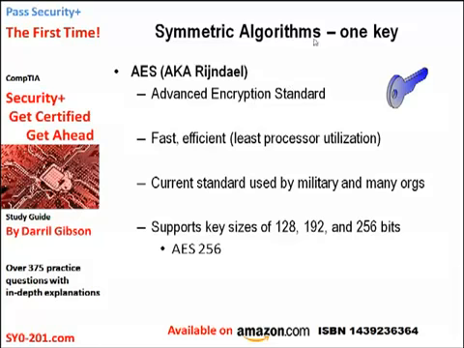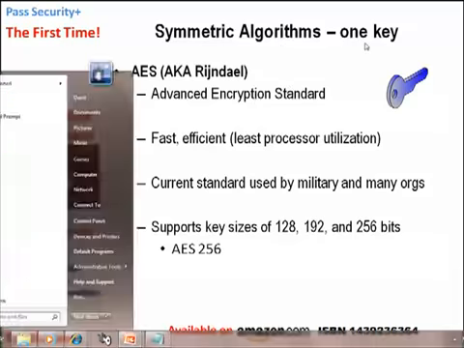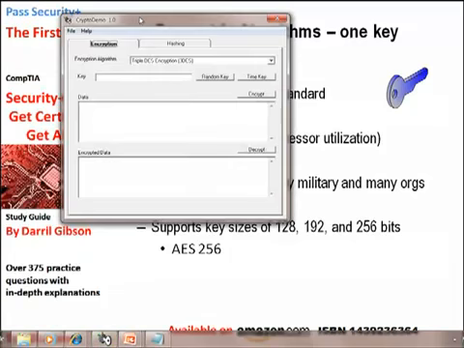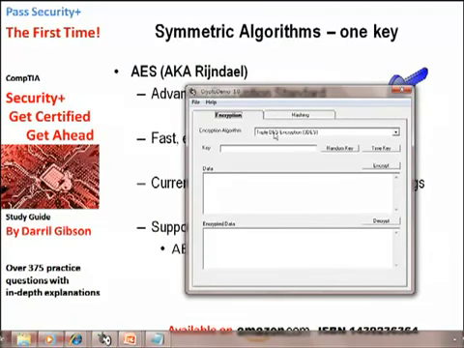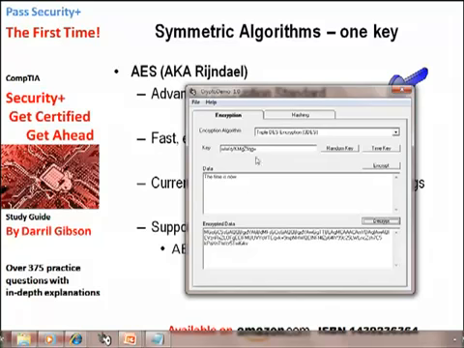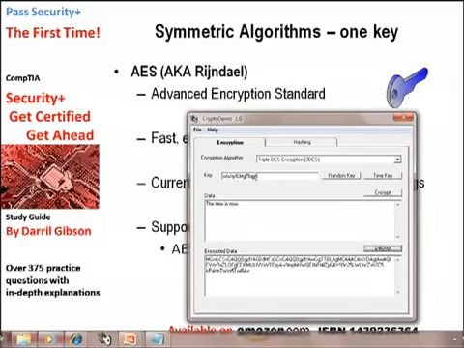Now, a symmetric algorithm uses one key. Let's just take a look at something so we can solidify that a little bit. Here's a demo I found on the internet. Here's Triple DES. If I have an encryption, what I can do is type in 'the time is now', and click encrypt, and this is the encrypted data. Now the cool thing is I can take this away and I'll use the exact same key. This is the key, and I can decrypt that data. And that's what we're talking about with one key. The exact same key is used to take this data and encrypt it,